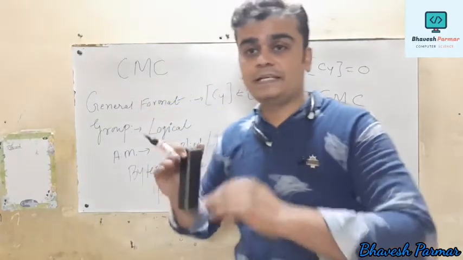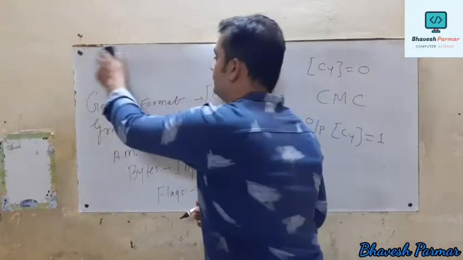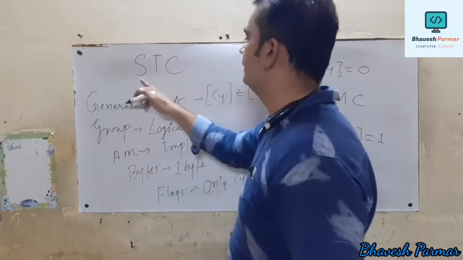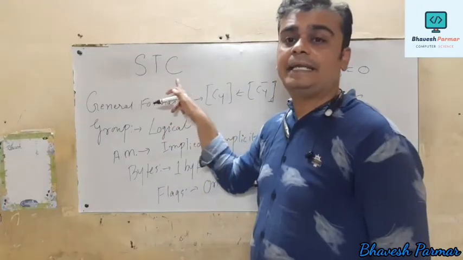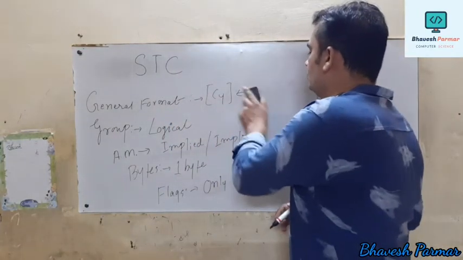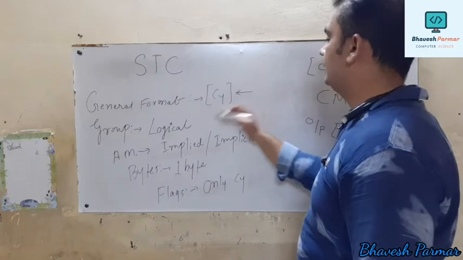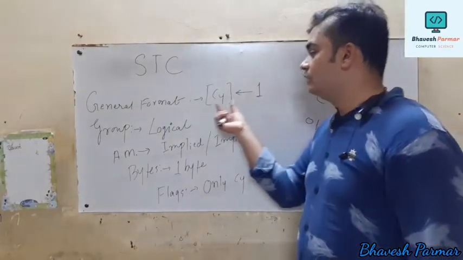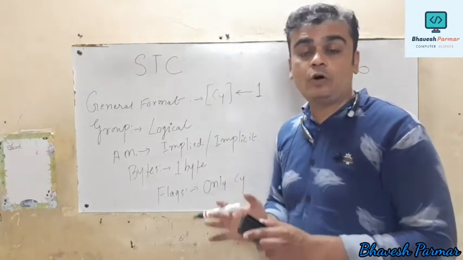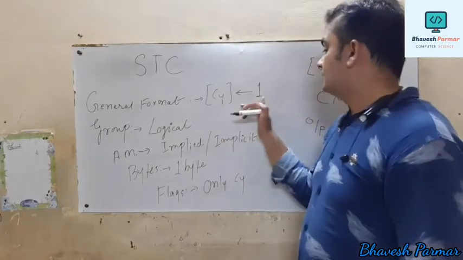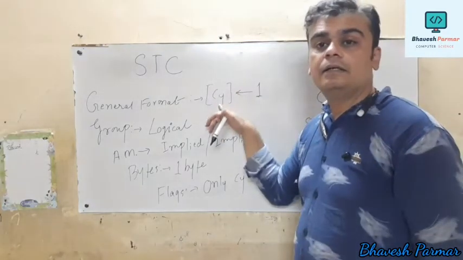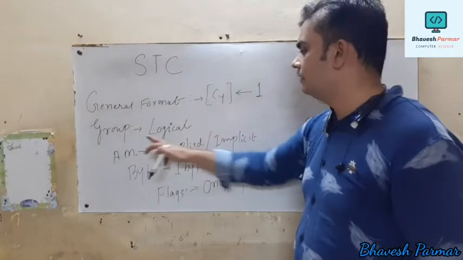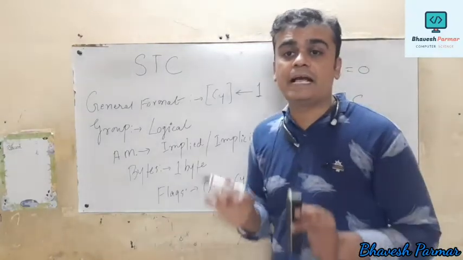So we are now focusing on our next instruction, which is also related with carry, and the name of the instruction is STC. STC means what? Set carry. So in that case what we have to do? We just write down content of CY arrow 1, means you have to store this 1 value in the carry bit. Suppose my carry already consists of 1, then what happens? Still that 1 is repeated, or we can say it overwrites the content of CY. The remaining points are the same as before.